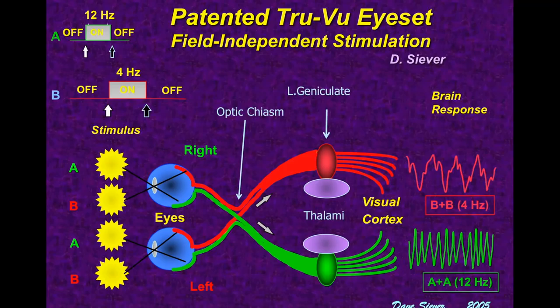Now, what if you take light and you chop it up into pulses? In this case, this is what we're doing. For most of our work with exciting the thalamocortical loop, we've been using light flashes in the SMR, sensory motor rhythm range, around 12 to 15 hertz, randomized in the left fields of both eyes, where the B letters would be, as we can see in this example. And we're putting randomized beta on the right side of both fields at around 20 hertz. This causes a whole generation of complex latencies and combinations of signals getting elicited or stimulated throughout the brain, and of course causes a lot of